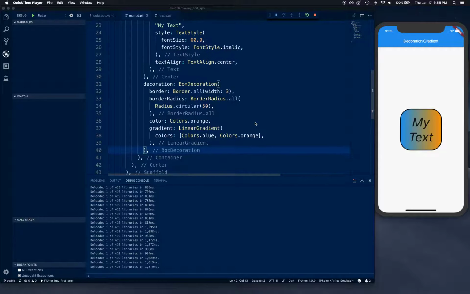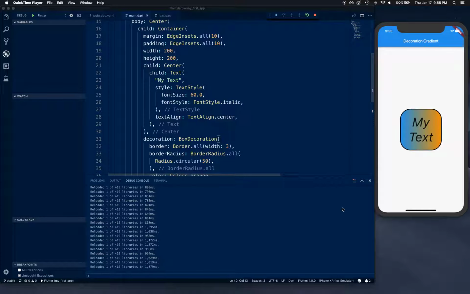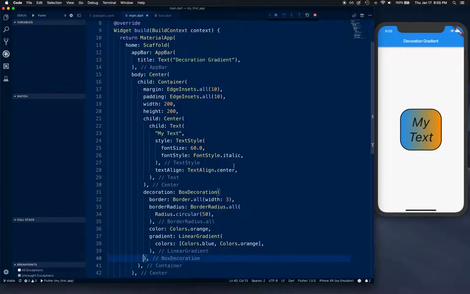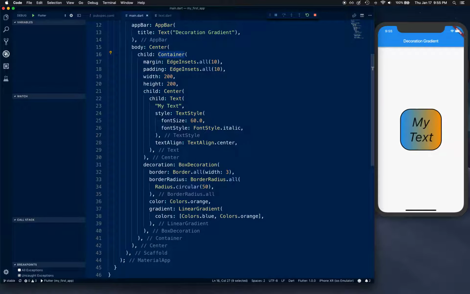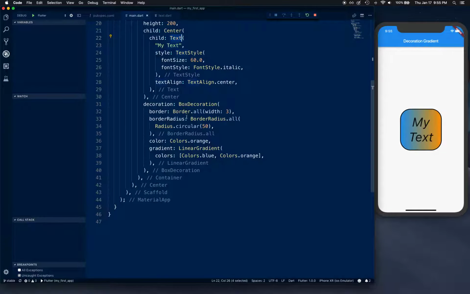So this is what I have so far. We have our child container. Let me close this so that we can see the entire code. We've got our material app, and we've got our center that has a container. Then we have defined some container properties like margin, padding, some width and height. And there is a center child, and this child contains text. That's what the text is showing up here. We have some style for the text, and we are using box decoration, and we are exploring different gradient properties